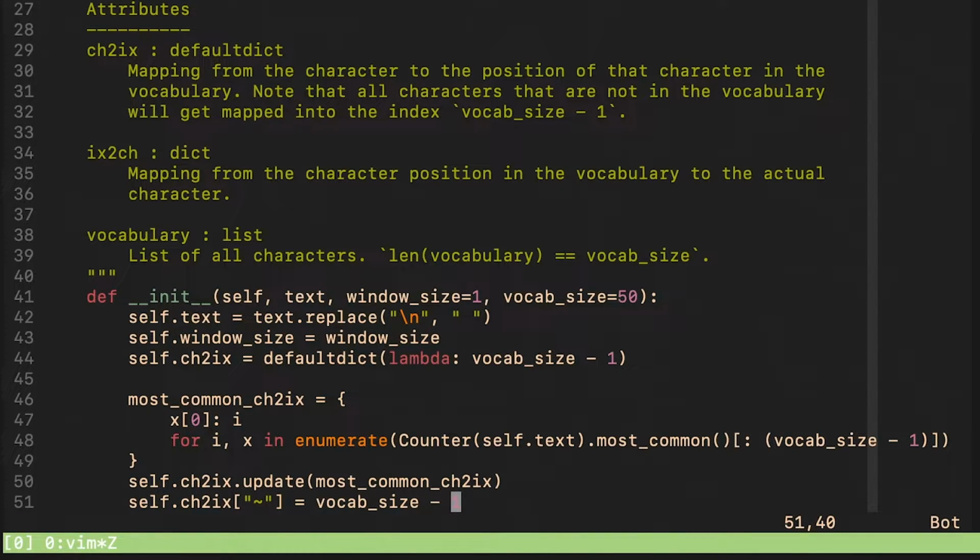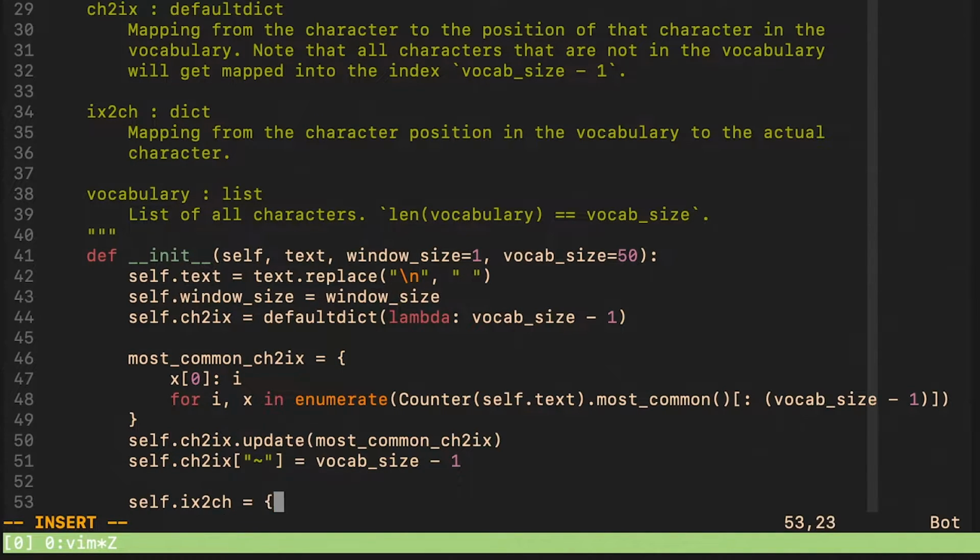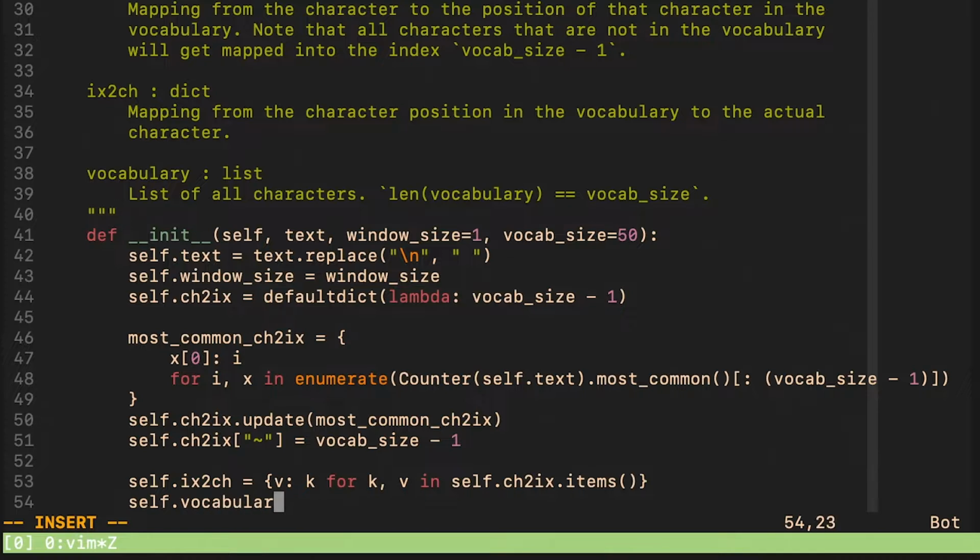And finally, we add our special out of vocabulary character to it. This dictionary is just an inverse of the character to index dictionary. And finally, we define the vocabulary for future convenience.